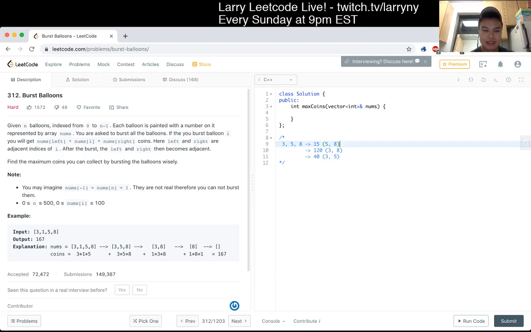We'll do 8 instead of, so it's similar to, so you pop the 5, 8, then you have 8 times 5 minus 3, just pop that, and then you have